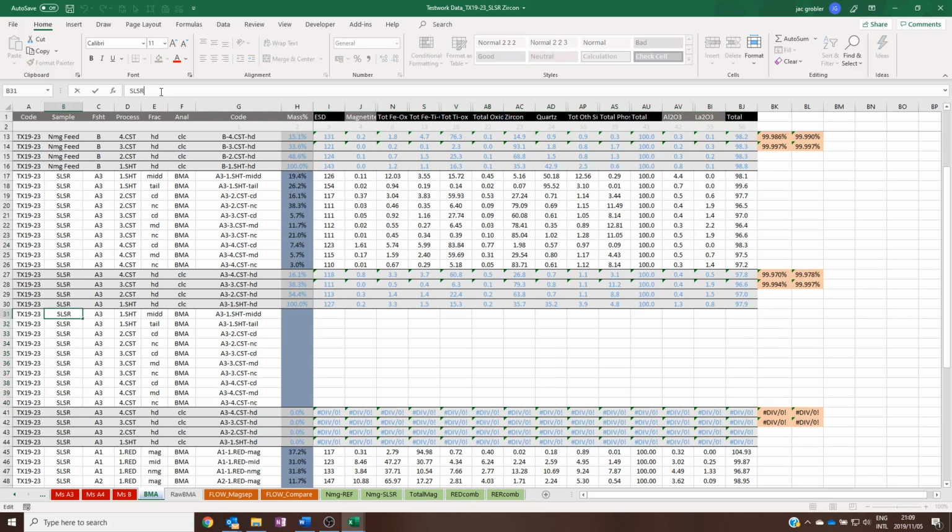So we can call this one, say this is super LSR, and we can call that low MZ, low monazite. Okay, paste that in there, copy, paste those values in there, and from the mass tab you can see that